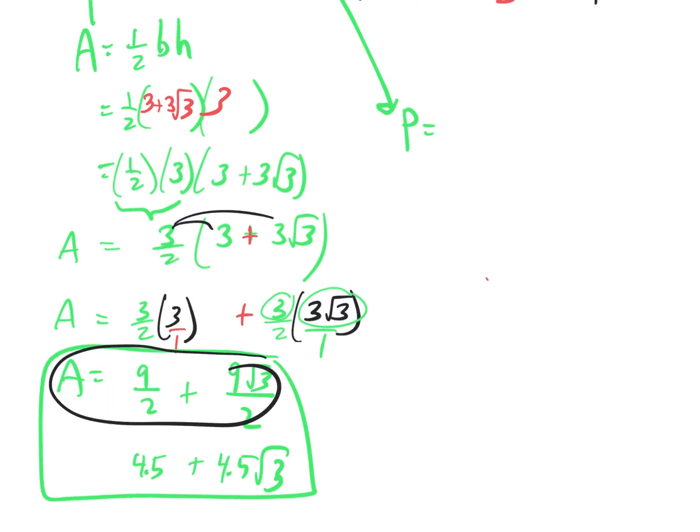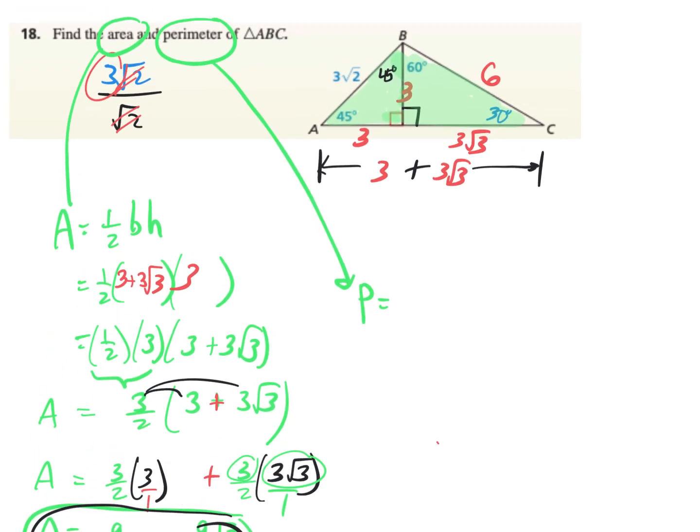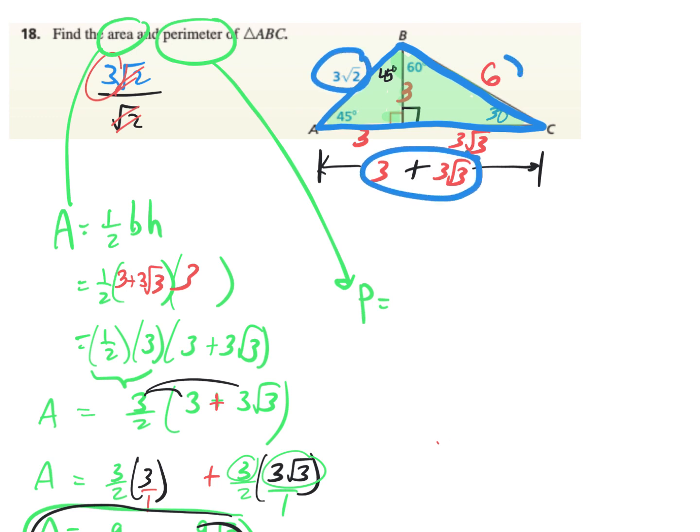Alright, now for the perimeter. The perimeter is the distance all the way around. So the perimeter is, how far is it from here to here to here to there? That's the perimeter. And you can see it's going to be this distance plus the whole bottom side distance plus that distance. So the perimeter is that 3 root 2, this one, plus 3 and 3 root 3